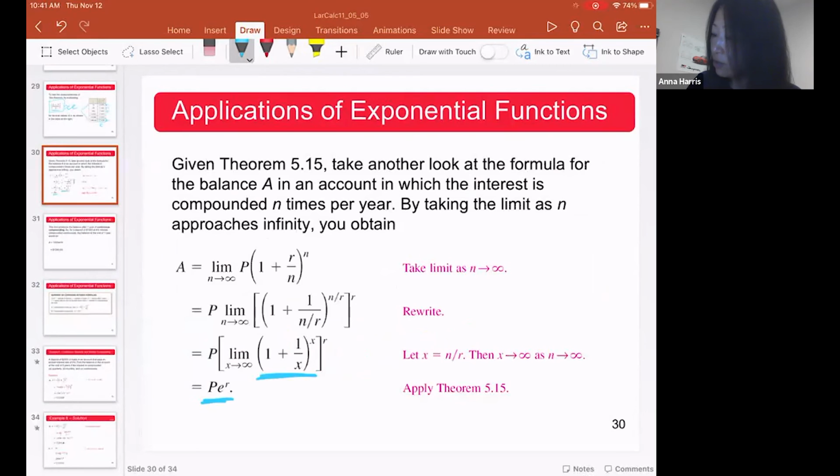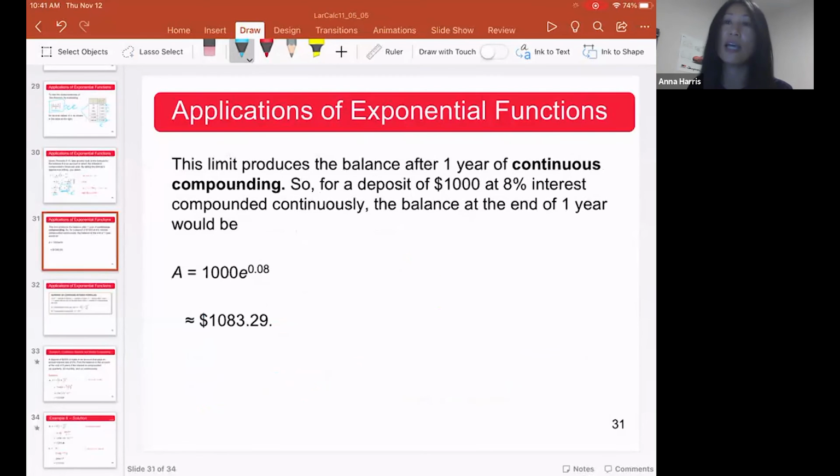Because you learned this is the same as e. I replace that and I get e to the r. So that is continuous compounding. By the way, I don't know whoever gave us compounding continuously. But anyway, if it's continuously compounding, you get this,